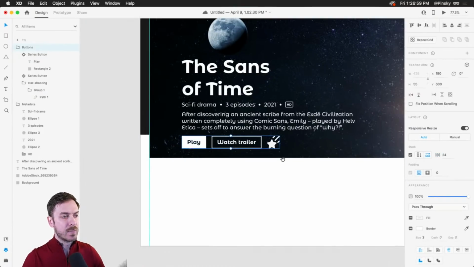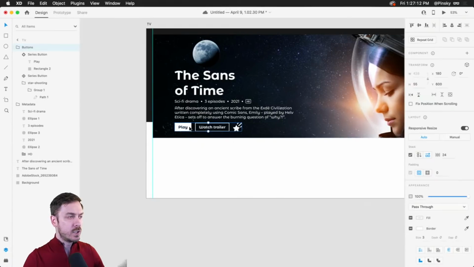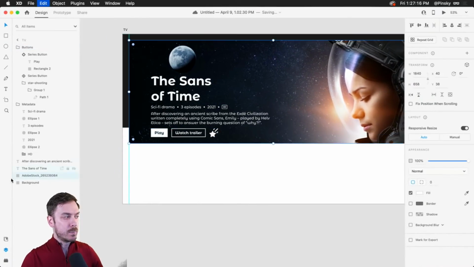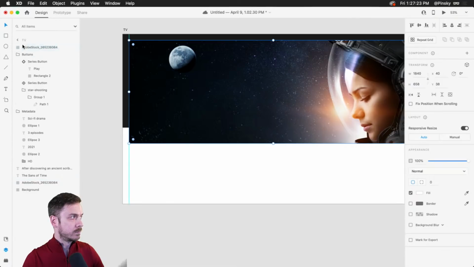24, beautiful. Okay, so like I mentioned, these buttons will not be displayed initially. When someone taps on this particular state to expand this series, those buttons are going to make an appearance. So what we want to do is initially mask them out. So what I'm going to do is grab this image here and duplicate it so I have the exact same shape, and I'm going to move it on top of all the other objects.